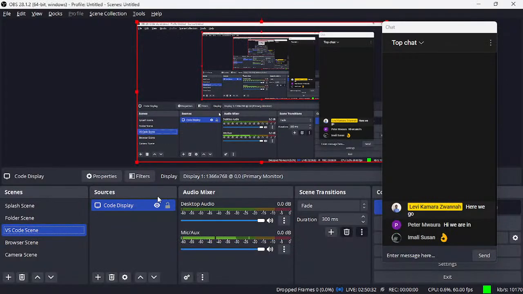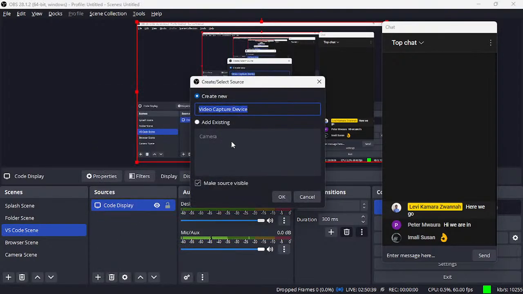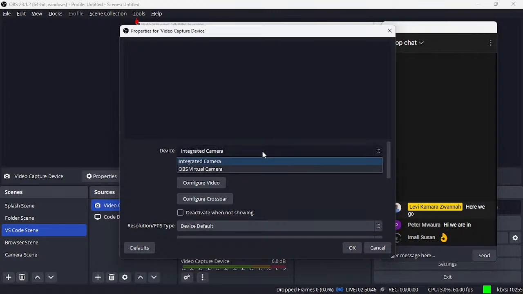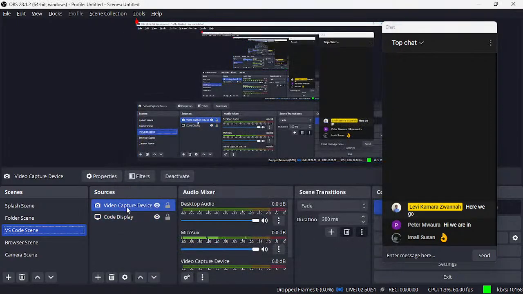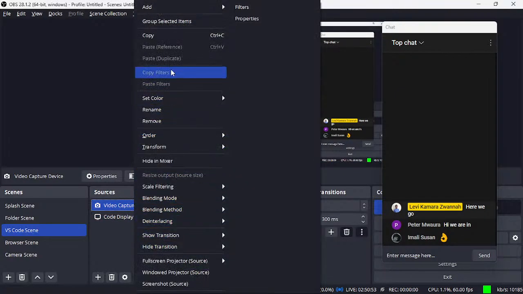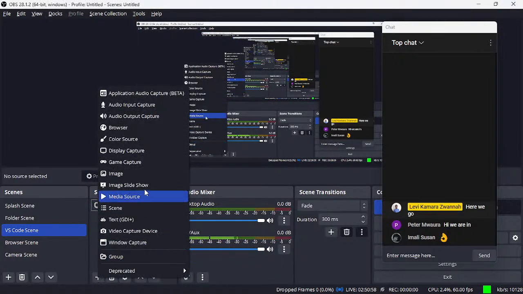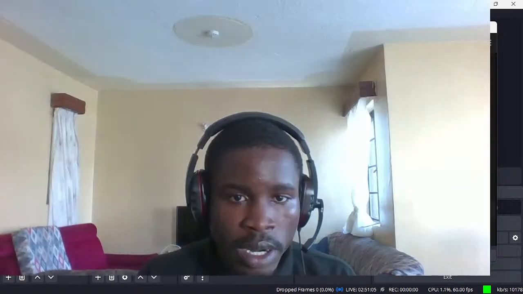So what I'm going to do is come here and add one more thing, which is video capture, so that we can both see each other, isn't it? Yep, this should work. No. Let's cancel that. Let me remove this. So we're going to add video capture, already existing camera. Okay,